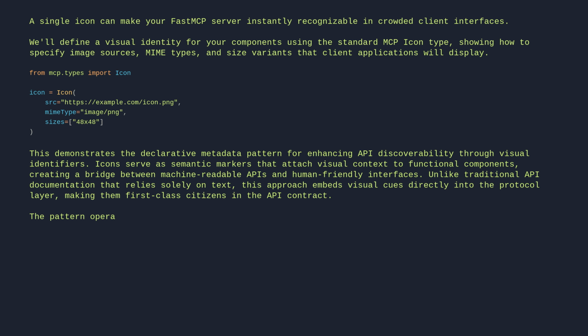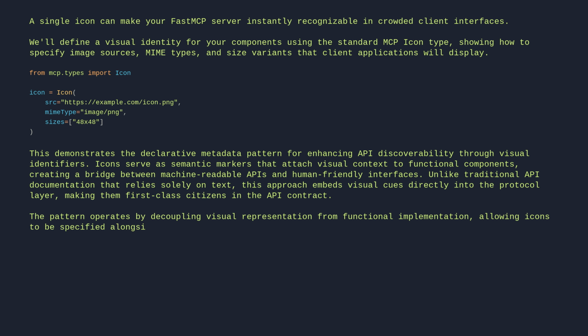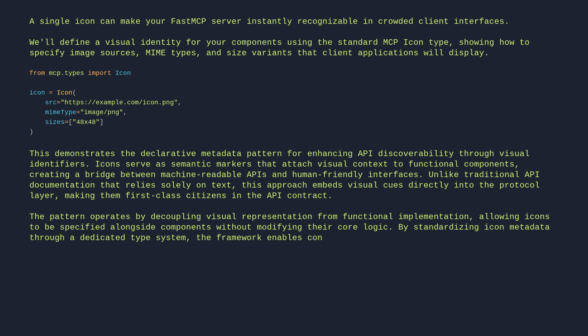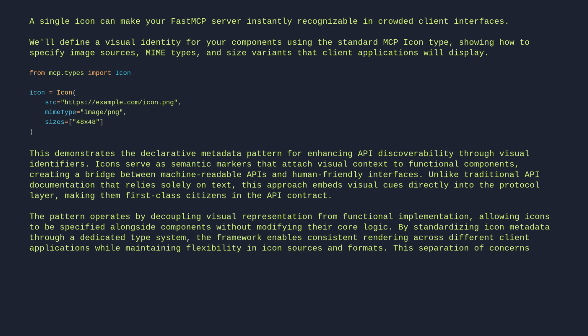The pattern operates by decoupling visual representation from functional implementation, allowing icons to be specified alongside components without modifying their core logic. By standardizing icon metadata through a dedicated type system, the framework enables consistent rendering across different client applications while maintaining flexibility in icon sources and formats. This separation of concerns means developers can update visual assets independently of business logic, and clients can adapt presentations without